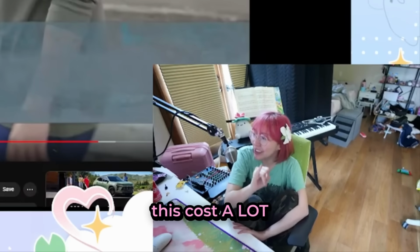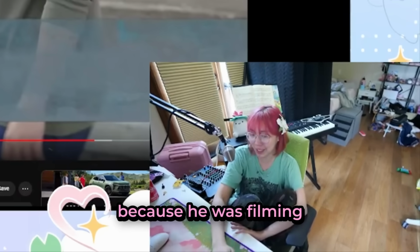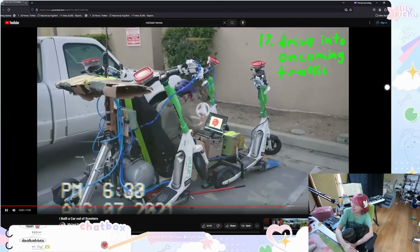This cost a lot. He had to rent four scooters at a time for an extended period because he was filming. It was expensive. And just like that,